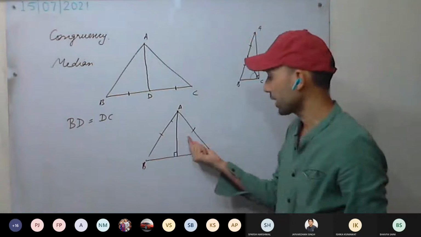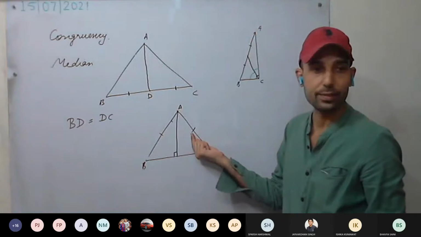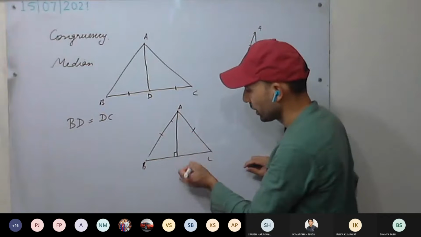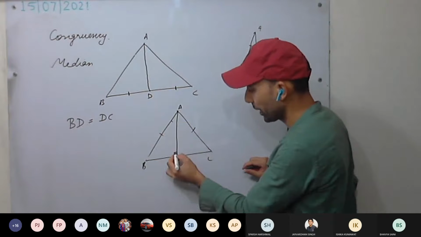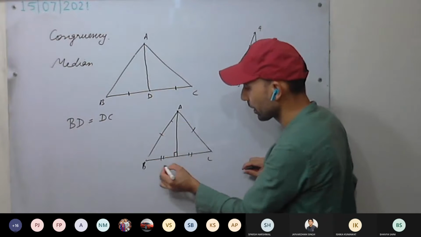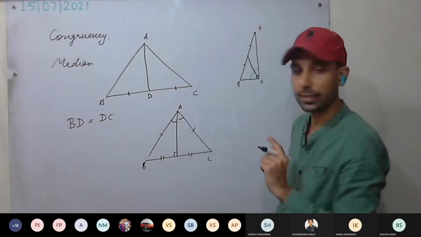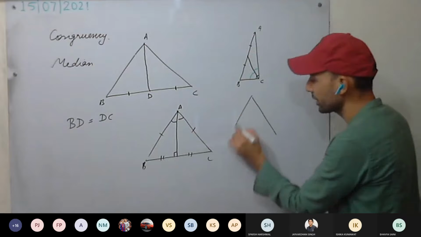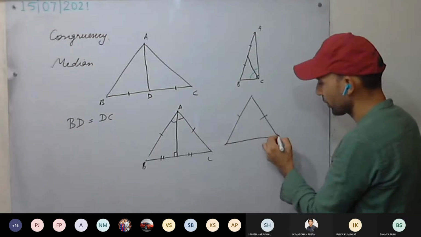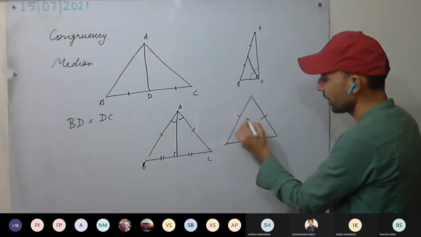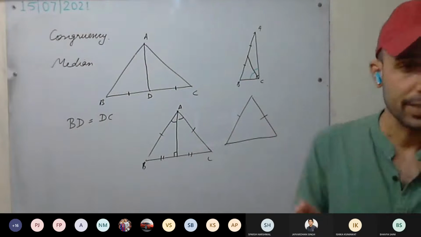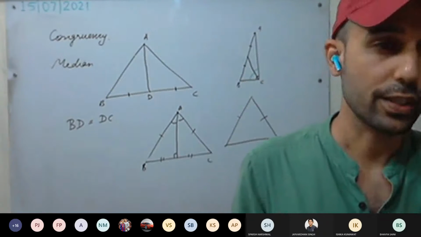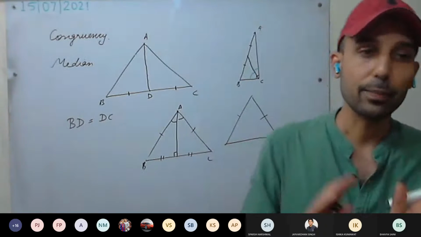If it is an isosceles triangle, these two sides will be equal. If we draw the median to the opposite side, what will happen? It will be perpendicular as well, and these two angles will be equal. In that case, it is an isosceles or equilateral triangle. In an isosceles triangle as well, if we draw from this other side, it may not bisect. So with the median, for the time being, forget that it bisects. It may bisect, it may not bisect.